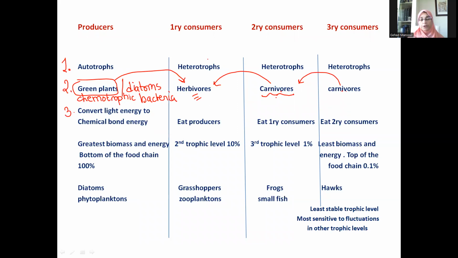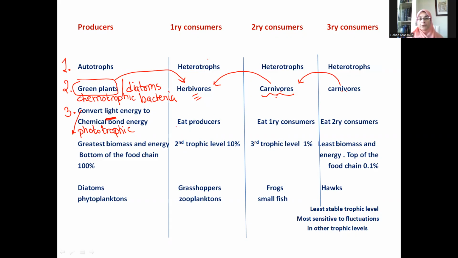The producers convert light energy into chemical bond energy. Of course, since we are talking about light energy, we are talking about phototrophic organisms like green plants and diatoms, phototrophic. But if they are using chemical energy, they would be called chemotrophs. And the primary consumers